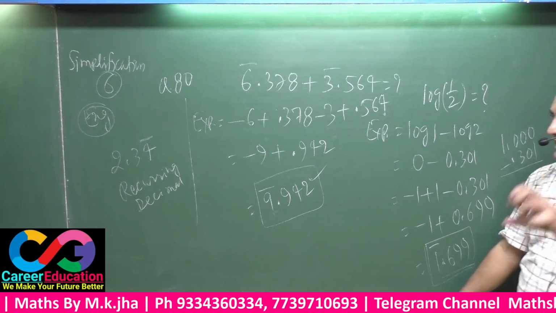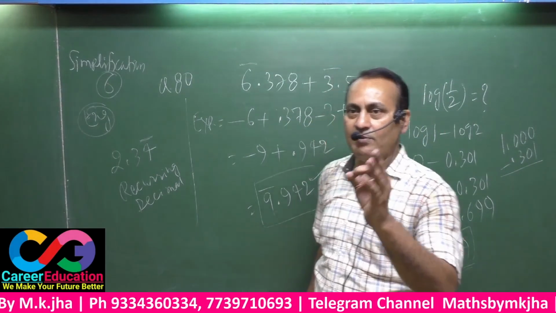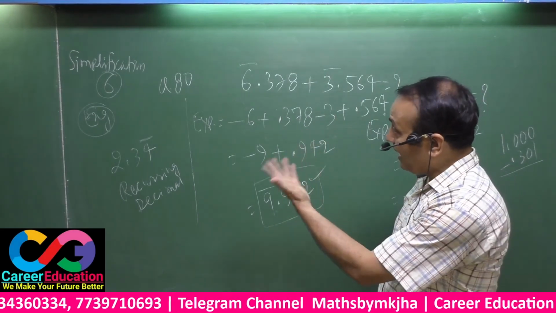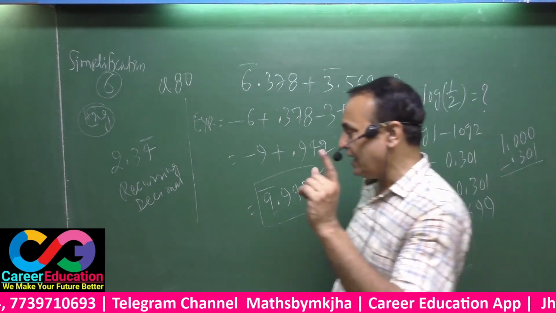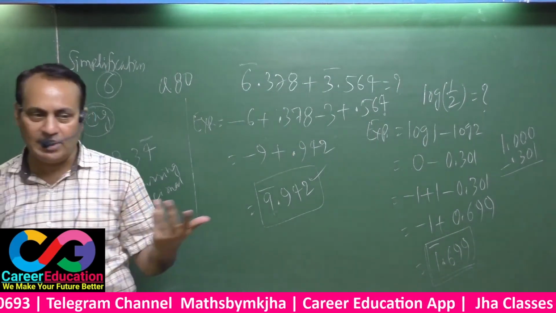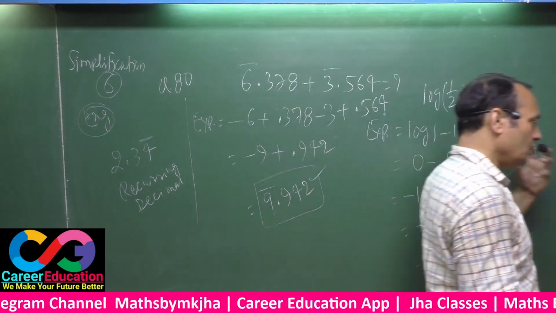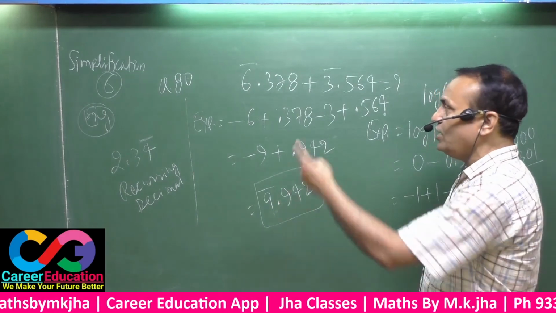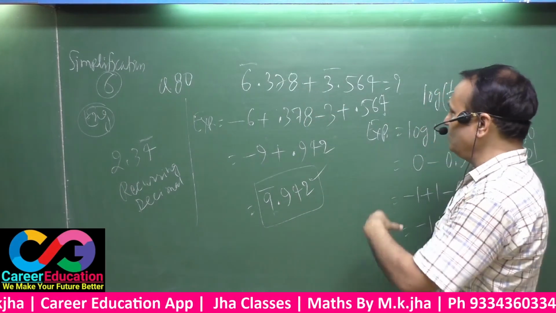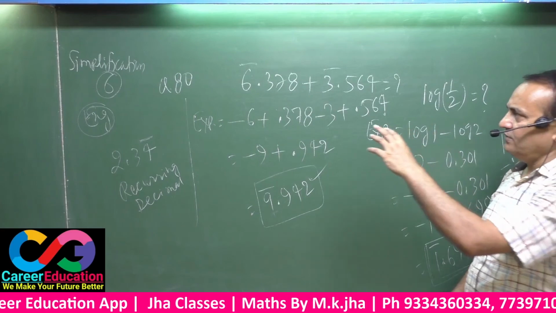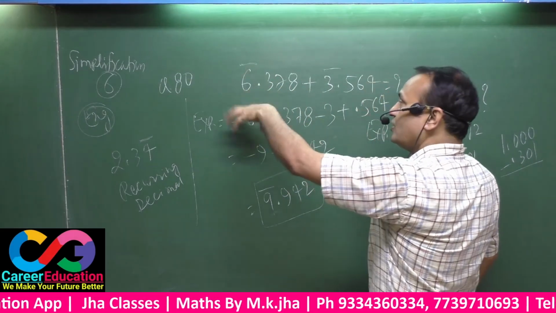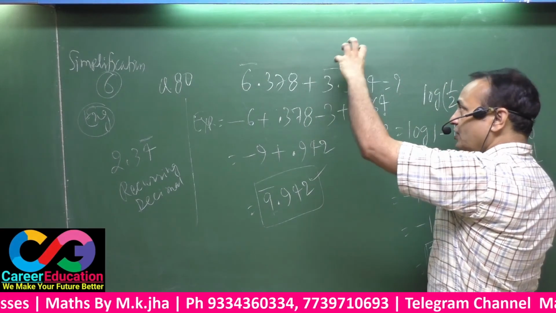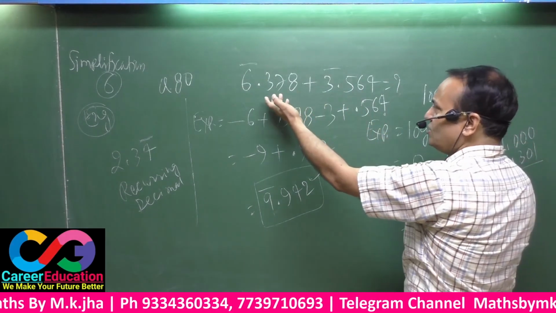Let me convince once again. If there is a sign of bar above any digit, rightward from the decimal point, that happens for recurring decimal. But if the bar is leftward from the decimal, that is related to log, and that is only a sign of minus, you can say, upon the base. That means if here is a bar upon 6, certainly this is minus 6. Here is a bar upon 3, this is minus 3, and this is 0.378.